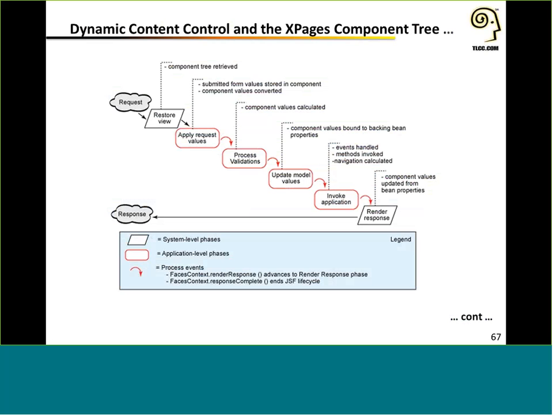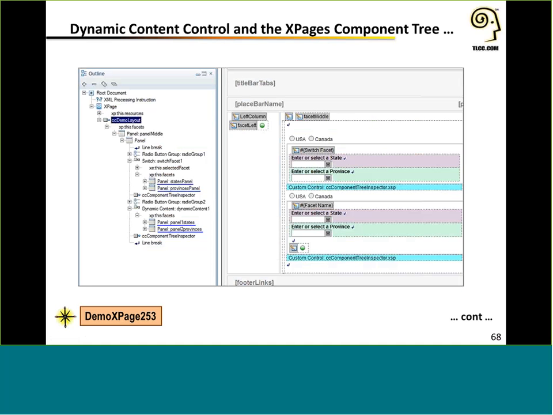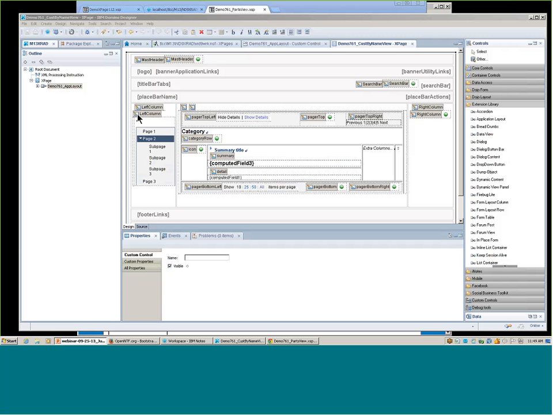Nice thing about the switchFacet is it's not being recalculated in these application phases, but the problem with the switchFacet is every one of its child facets is added to the component tree that is maintained on the Domino server for every user for up to 4 of their most recently used XPages. So not very efficient in the component tree. However, the dynamic content control is very efficient in the component tree. I'm going to just wrap up with one demo showing us how that's used.